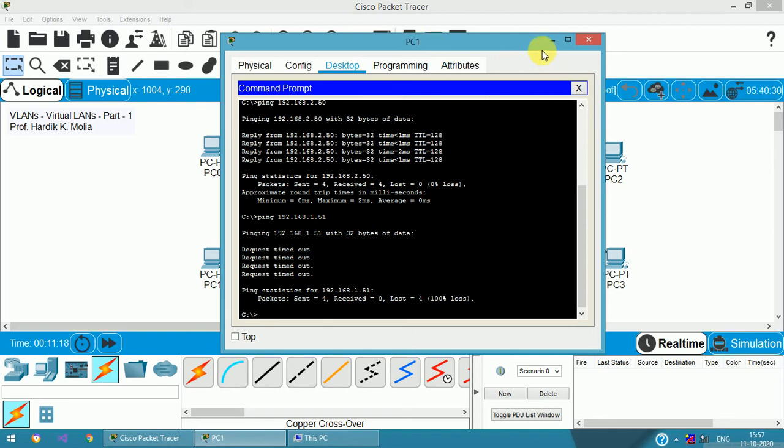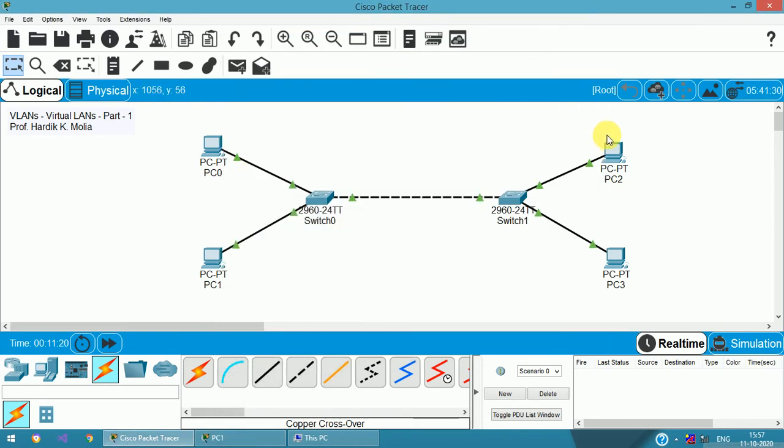So here is an example where we have set up a small network with 2 switches with 2 computers on each of these 2 switches, so a total of 4 computers, and with 2 virtual LANs. There is a virtual LAN of 192.168.1.something for PC0 and PC3, right?